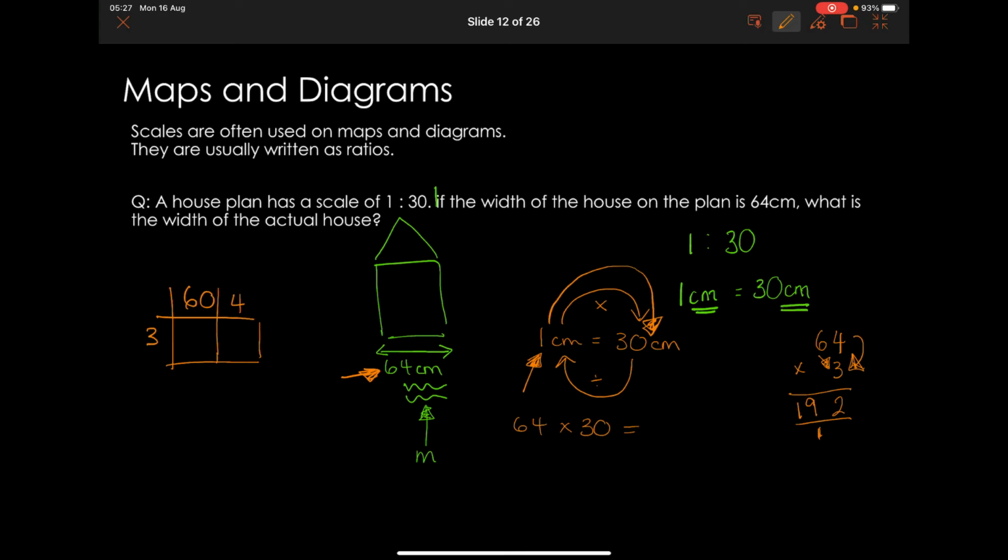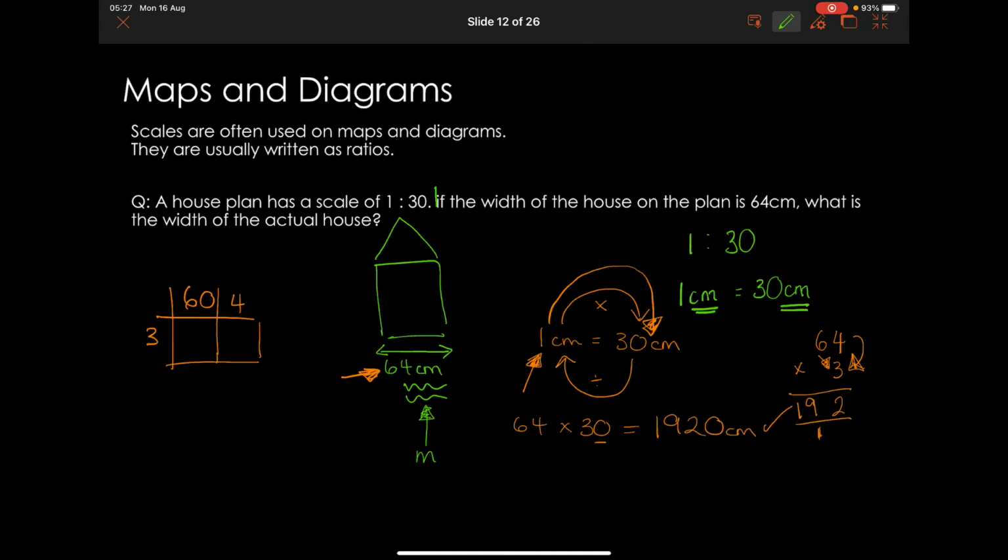Okay, so that's only 64 times 3. So we just need to add a 0 on the end of that, because it's actually 64 times 30. And that's it. Okay, so that's centimetres. Now, that's fine. It's not asked us to change it to anything. But if I wanted to put that into metres just to make it look a bit nicer,